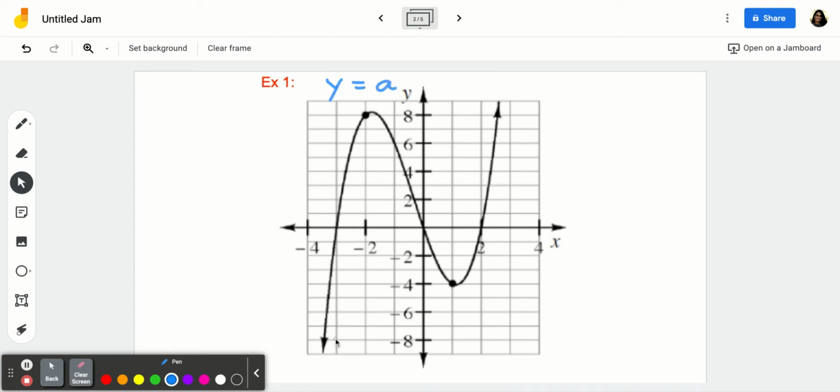What degree is this? Well, I notice the arrows are opposite ways, which means this is odd. Evens face the same. And then I see 1 intercept, 2 intercept, 3 intercept. So I see 3 intercepts and none of them are double roots because none of them bounce off. They slice through, slice through, slice through the axis. So I'm thinking this is an x cubed. Okay, so I'm going to go ahead and write down x minus,